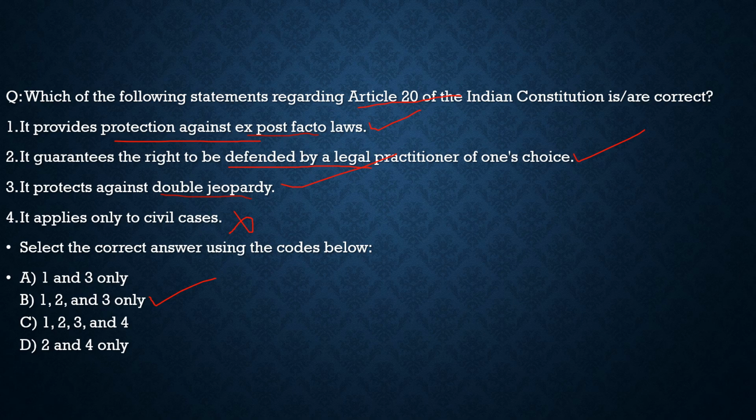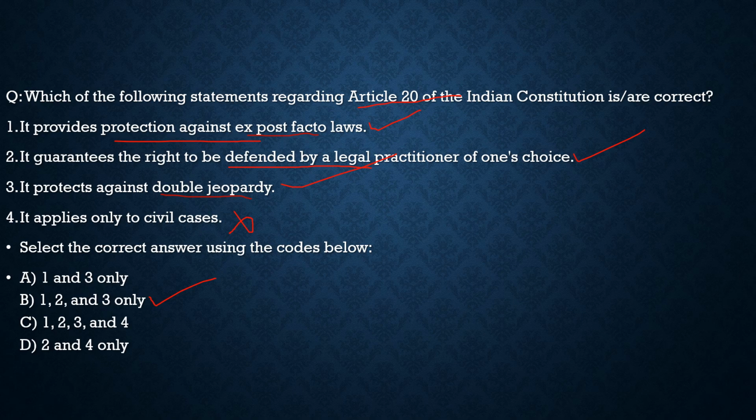मतलब कि उस वक्त ये बहुत ज़्यादा लीगल था. सो आपको एक्स पोस्ट फैक्टो और रिट्रोस्पेक्टिव लॉज के बिना पर आपको जेल या पनिशमेंट नहीं मिल सकती है. This Article 20 protects us from that, and it protects us from double jeopardy. For example, for the same case you can't be punished twice. So with respect to this question, I hope you understood these important basic concepts.